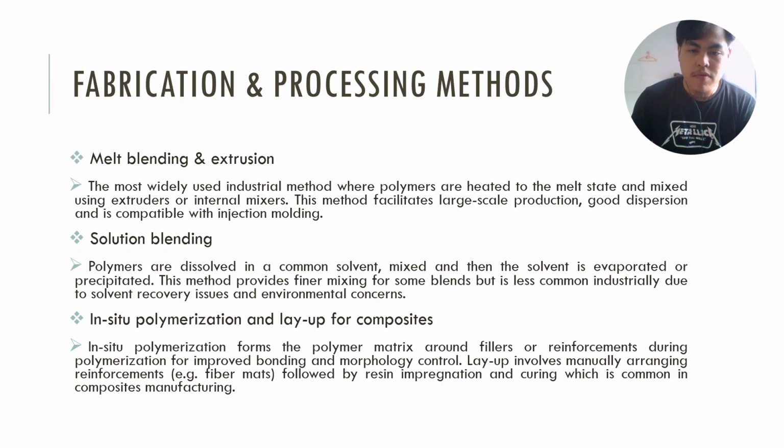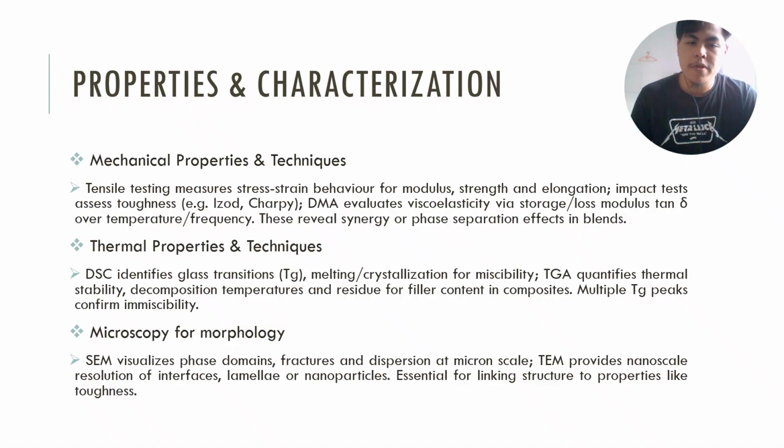Layup involves manually arranging reinforcements such as fiber mats, followed by resin impregnation and curing, which is common in composite manufacturing. For properties and characterization part, the first one is mechanical properties and techniques, which tensile testing measures stress-strain